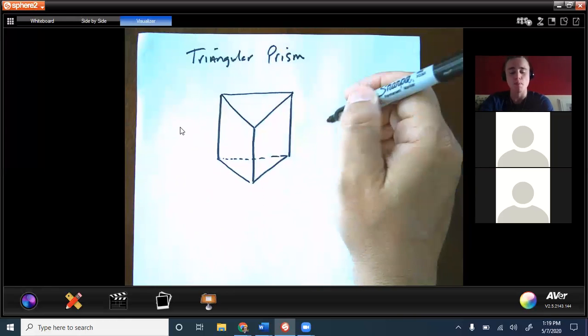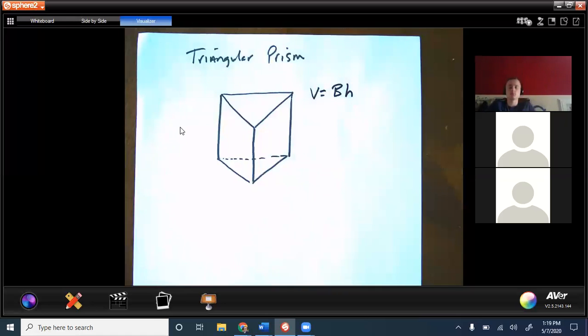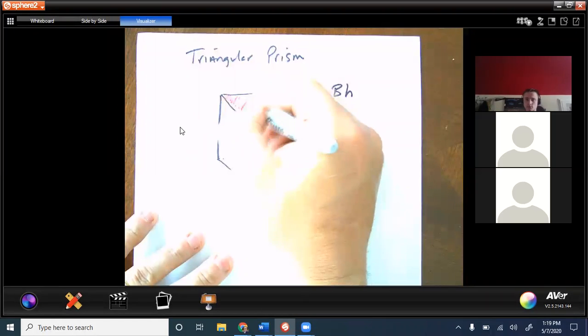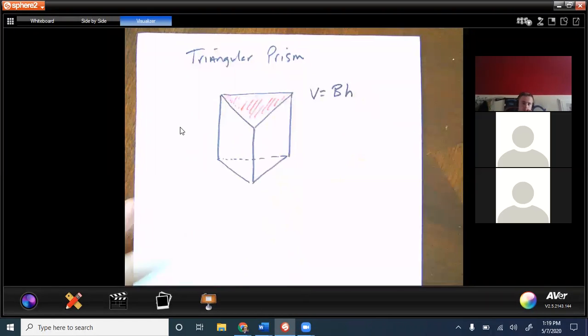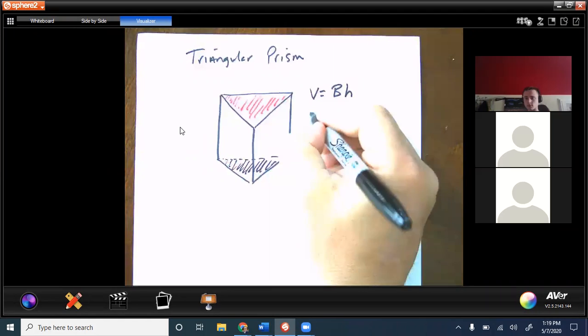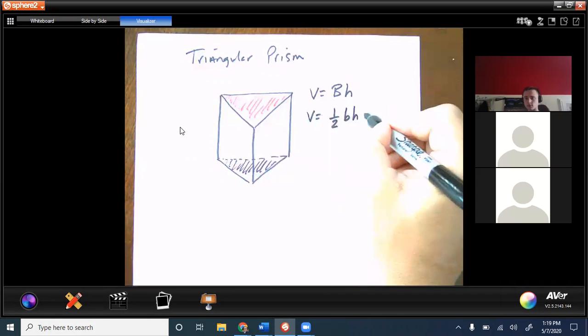So in this case, when we have this, the volume is still the area of the base times the height. We just have to apply it now so that our base has two bases. There's two bases. So our base could either be this top triangle here or this one down here. Does it really matter? No, it doesn't, because they're the exact same. And so the area of the base would be 1/2 base times height